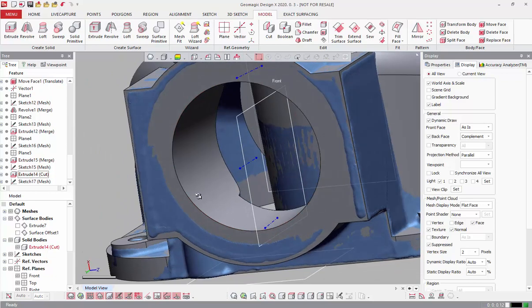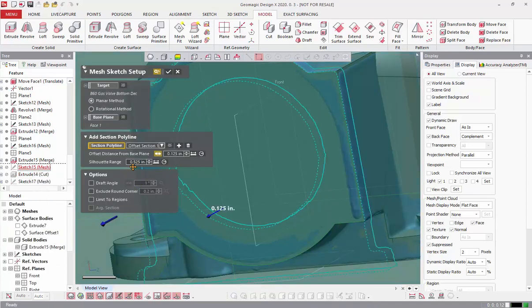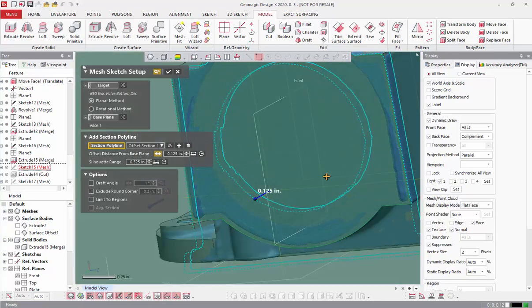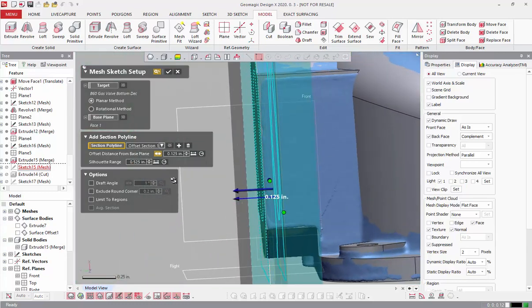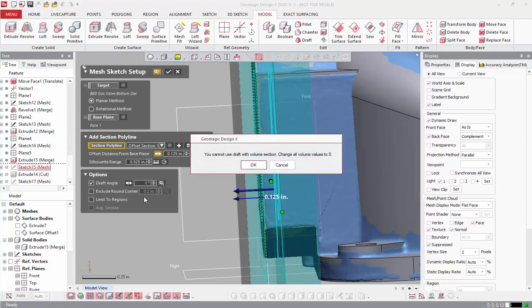Now, modifying just the draft is not actually all that useful for us since we used the silhouette function in the mesh sketch setup. And the silhouette function cannot correct for draft angle, by the way, in mesh sketch. So we need to get rid of that to estimate the draft angle, or since we already know it,